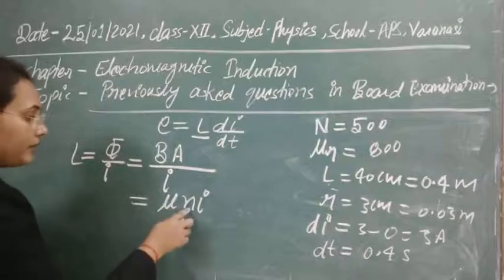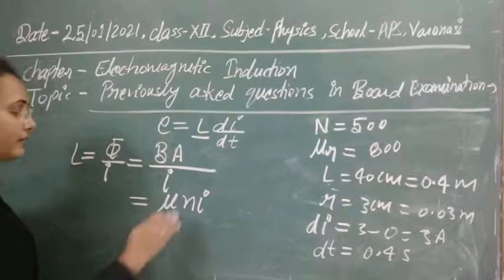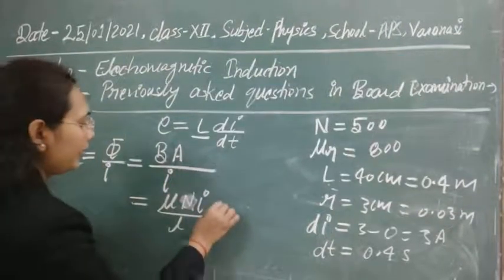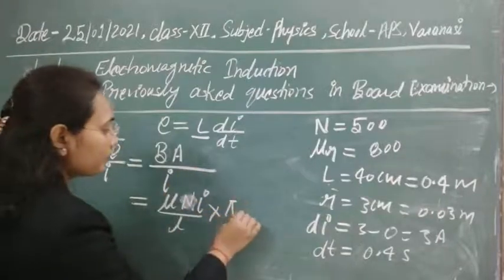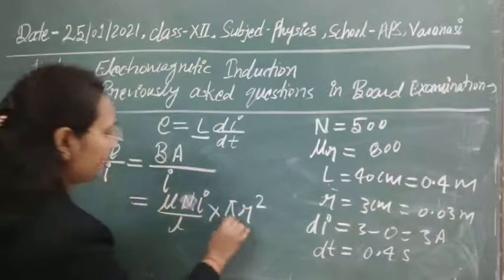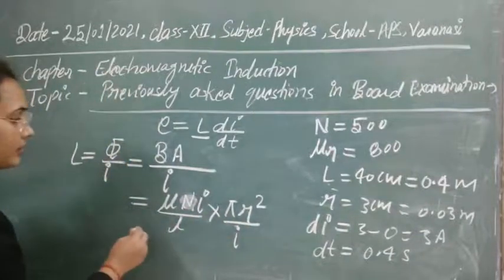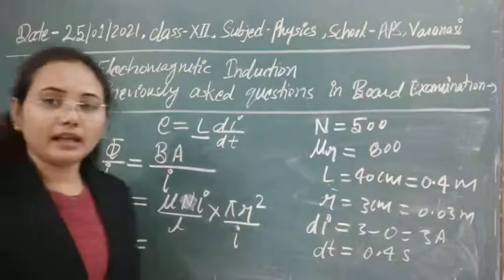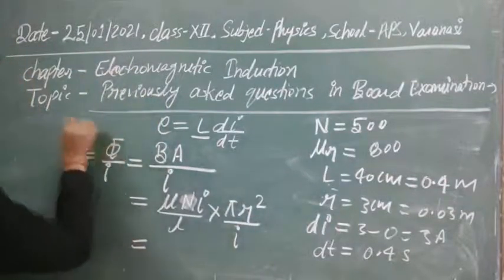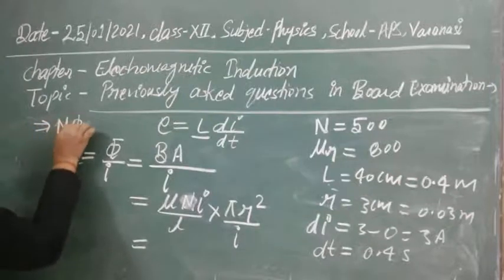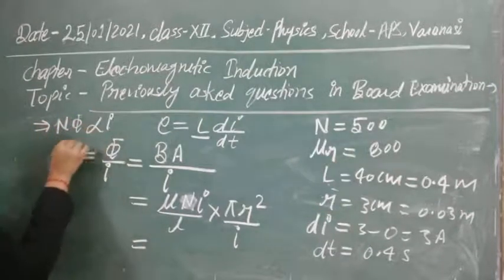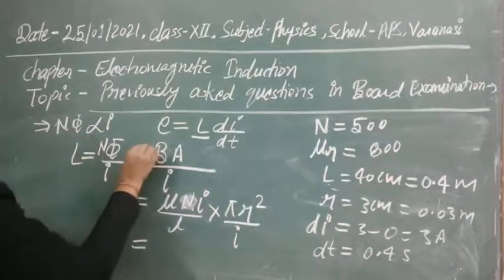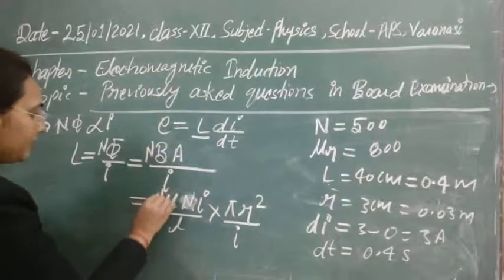And here n is the number of turns per unit length. Then you can write in place of this the number of turns per unit length. The area of the solenoid will be equal to pi r square, and upon I we have. So just cancel it out, then we will finally get this. And one more thing, whenever there are N number of turns in the solenoid, then the theory is that N phi is directly proportional to I, and if you solve it, the proportionality constant is equal to the self-inductance. So here just multiply N, clear?